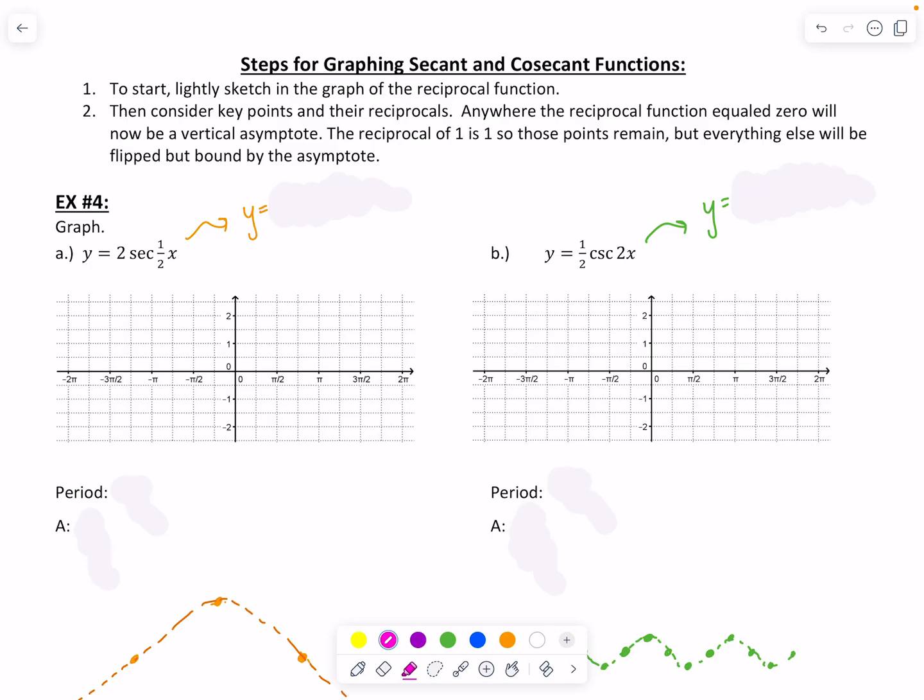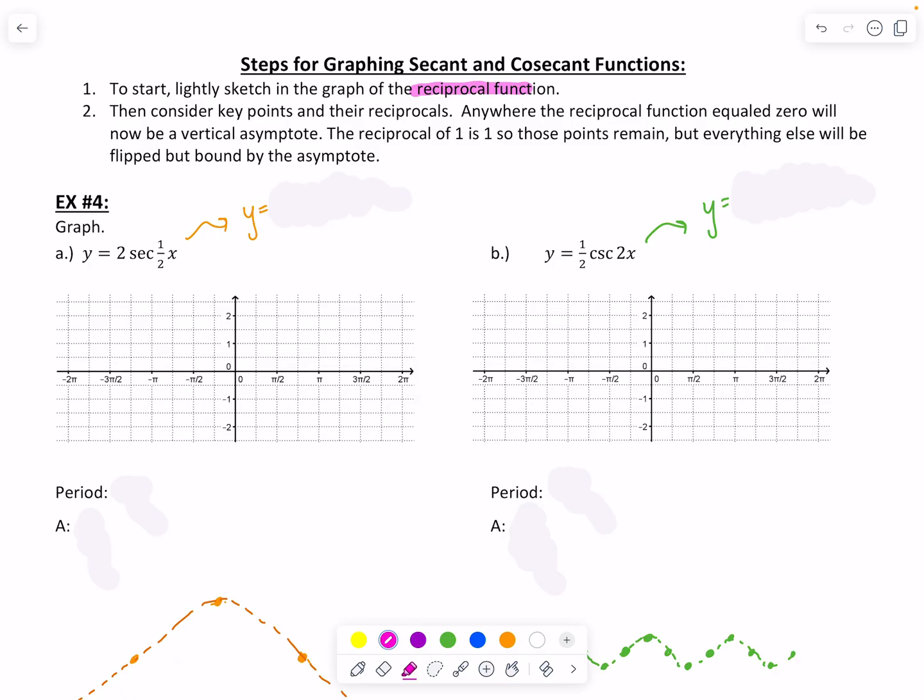All right, let's practice graphing some of these secant and cosecant functions. It's always easiest for me to first start with the graph of the reciprocal function. Let's translate our secant or cosecant into sine or cosine first. Let's sketch a light graph of that function, sine or cosine, and then we'll start to consider the reciprocals of